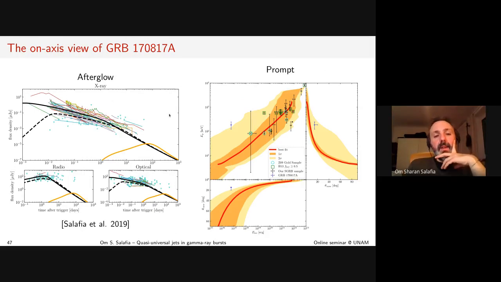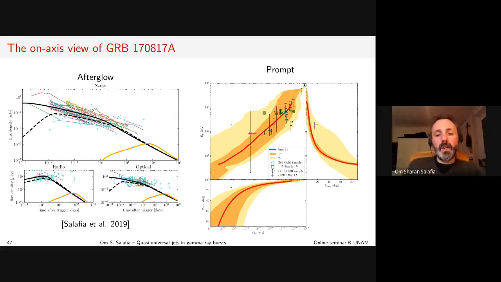The idea that the jet structure of short gamma ray bursts could be quasi-universal can also be supported in a completely different way, more observationally based, which is what we showed in this paper from 2019, led by myself. So what we showed is that if you take the structure that I showed you before, the GRB 170817 structure